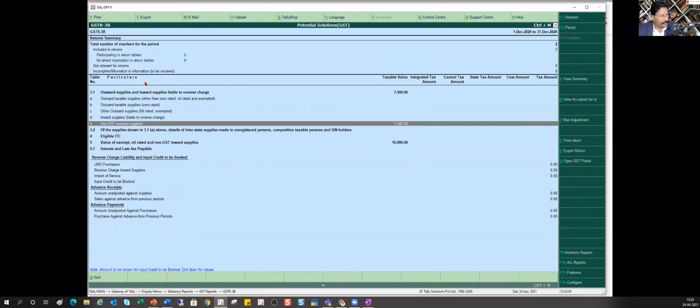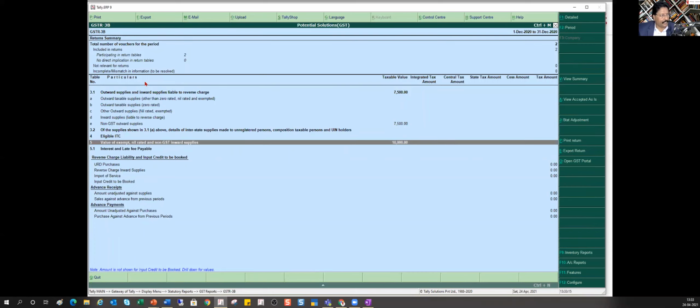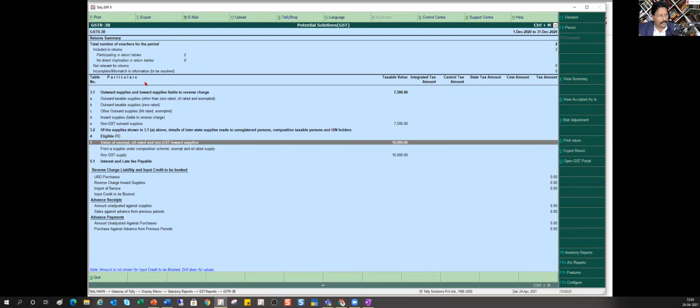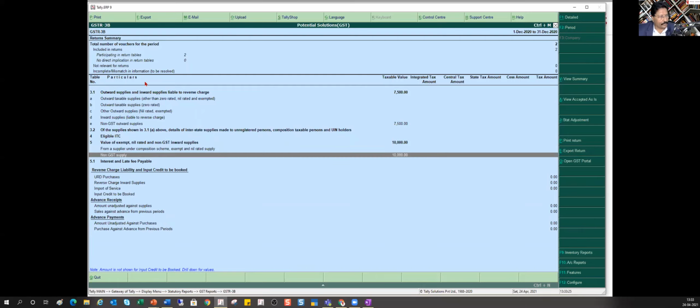Where is 7,500 coming? 7,500 is coming under non-GST outward supply, right? Now, again, in your input side, it is also showing you the value of exempted, nil rate or non-GST supply. Control Enter. Okay, it is also going to show you non-GST supply.